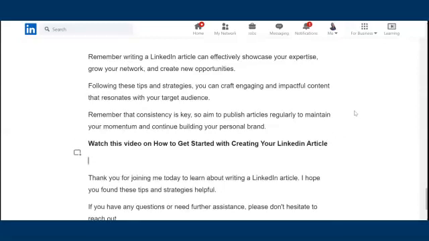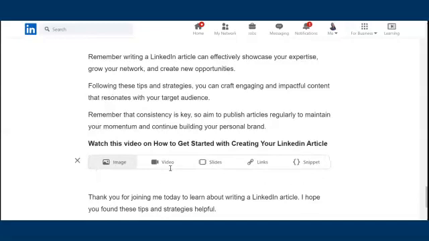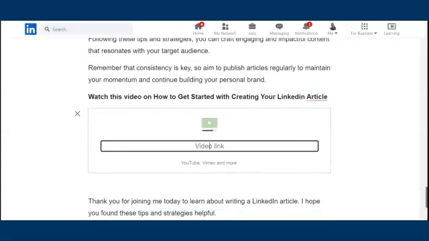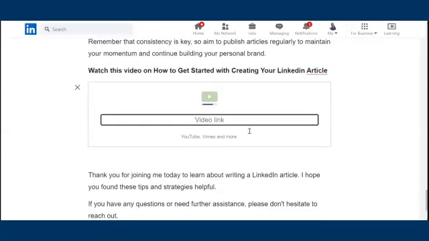Then what you can do underneath it is click on that plus symbol, and then you can add a video. When you click on that, you can see straight away, I'm just going to scroll down, where it says YouTube, Vimeo, or more. These are the types of videos that you can add in the article. You just go to, for example, YouTube and grab the URL link of a YouTube video. So that's what I'm going to do.